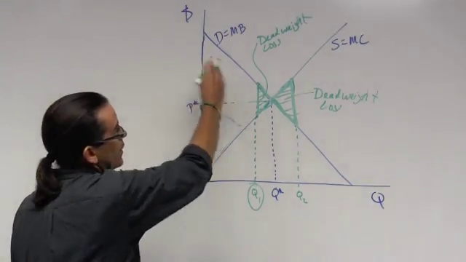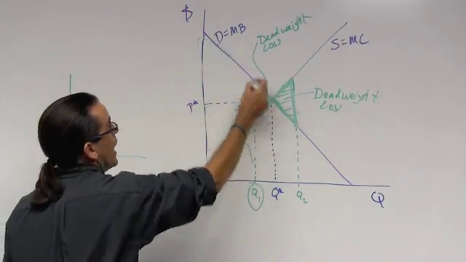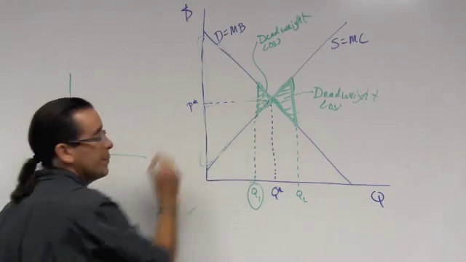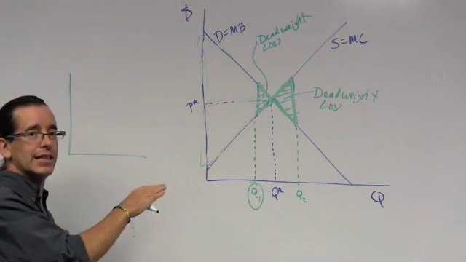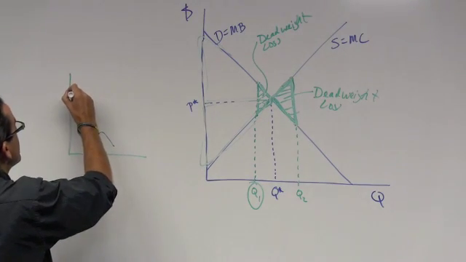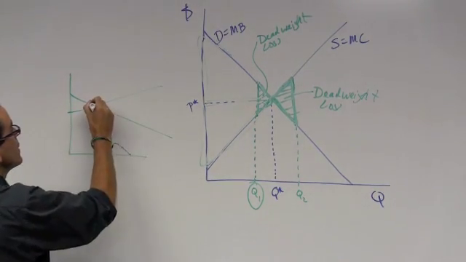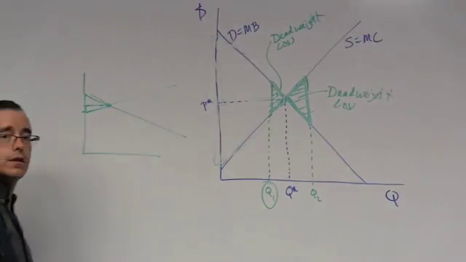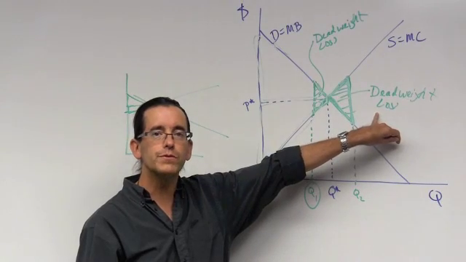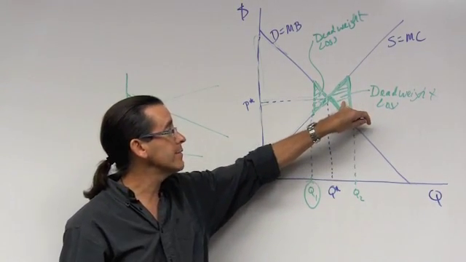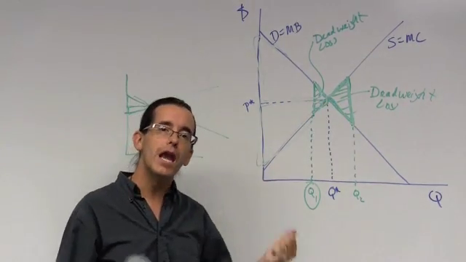So one last thing: we've used this particular graph of supply and demand, and it kind of implies, if you look at this, wow, there's a lot of benefit to consumers, a lot of benefit to society. But when we start looking at situations where we have a less elastic, flatter supply and demand, we could have a supply and demand curve like this, right? Flatter, and so you have much smaller producer and consumer surpluses. So that's just a bit of an aside. But the key thing is, we've got this term of deadweight loss. What's most important is to keep in mind what it represents in terms of the losses we're incurring from not operating at the